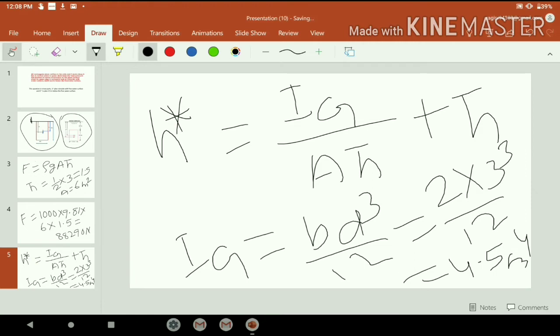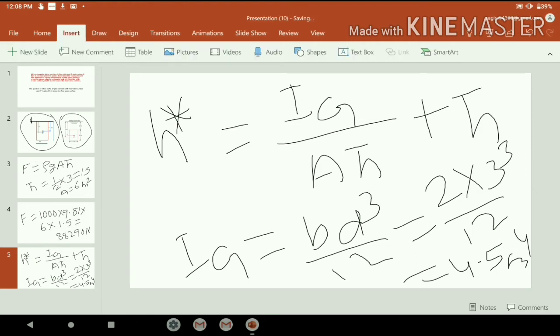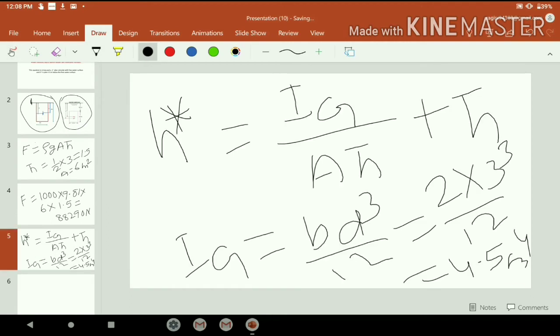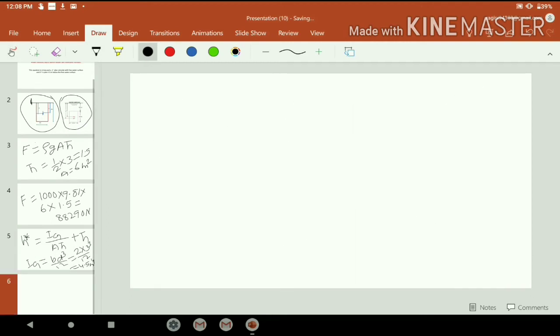Okay, Ig is 4.5. Now next, Ig is 4.5, then H star is equal to